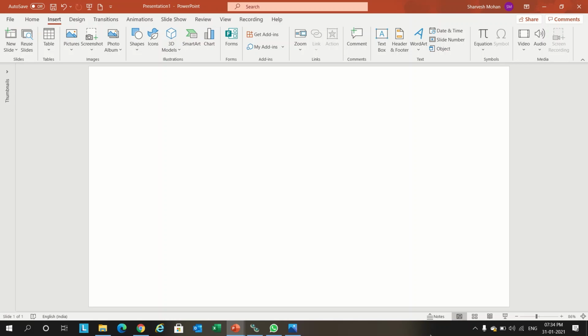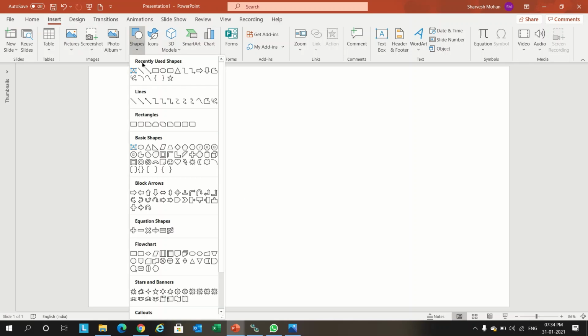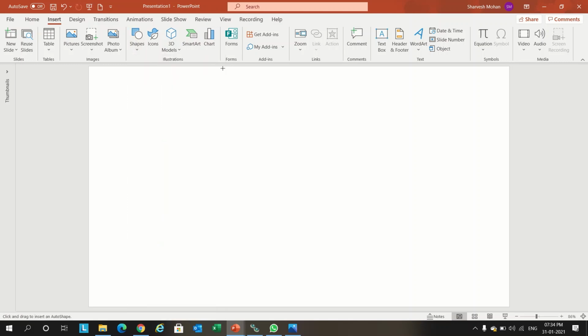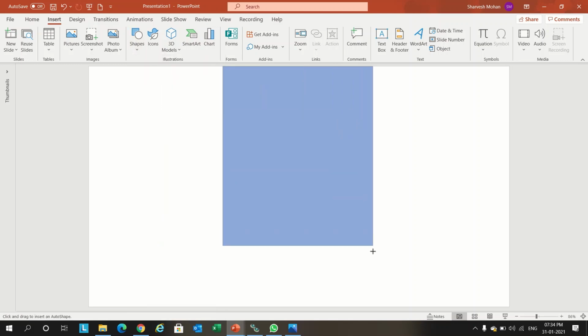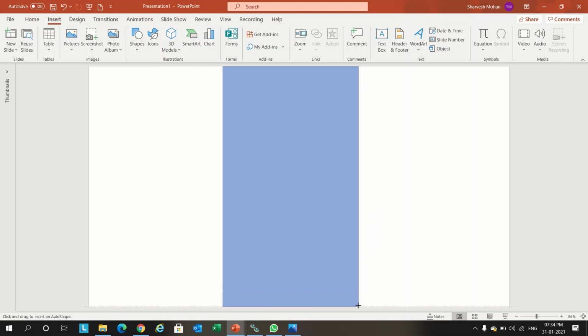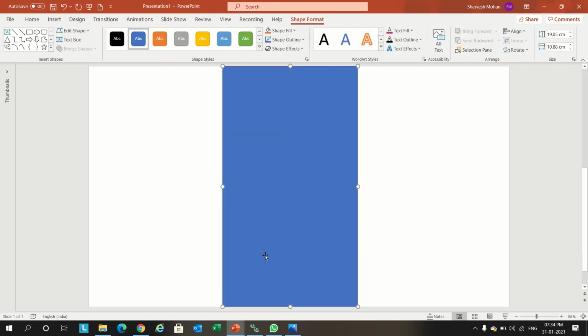Let's open a blank presentation. Go to Insert, Shapes, and we'll take a rectangle and we'll draw till the end of the slide. We have to make 4 portions of this picture. So for that we need to calculate how to give the 4 equal portions.